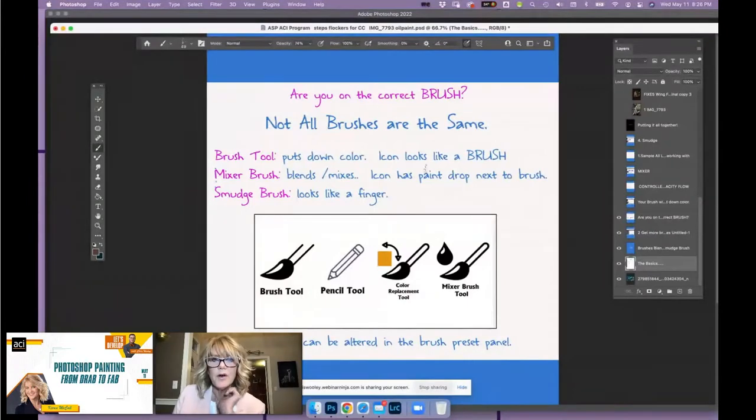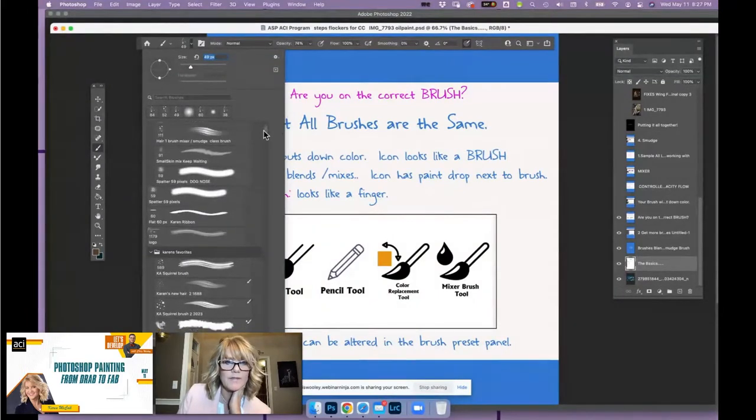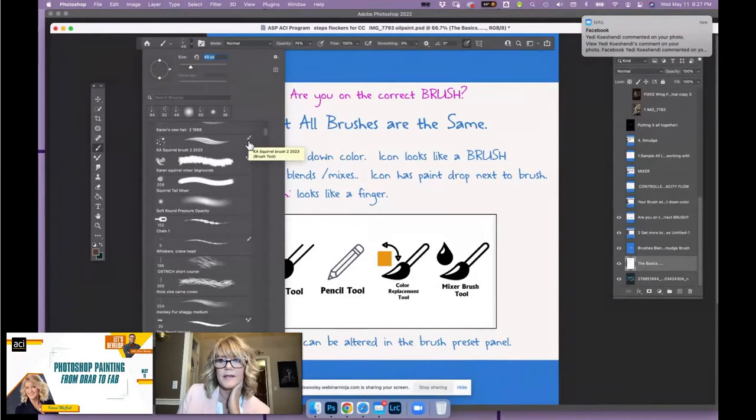But note that not all brushes are the same. So when you click on your brushes, you will notice that some of them will have these little icons on them. So if it has just a brush, that is a